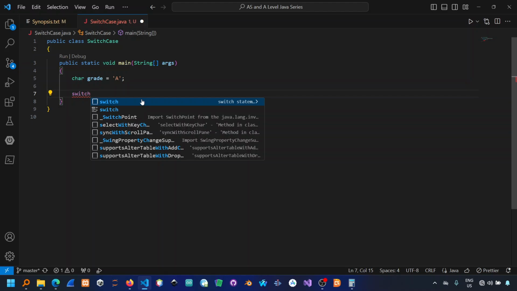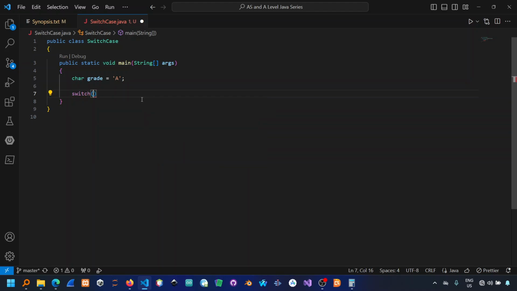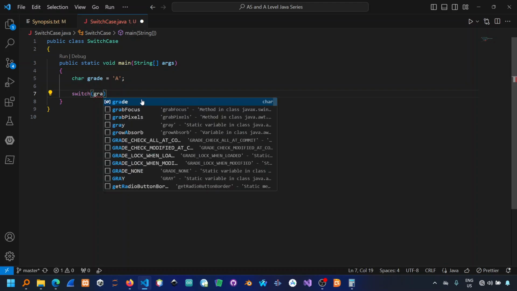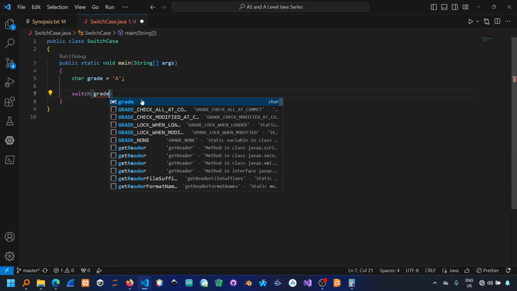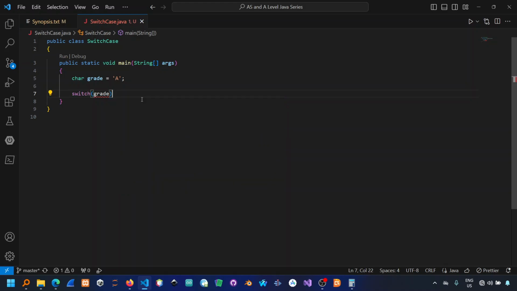So you are going to have a switch, the keyword switch. Then you are going to need to pass in a value. Typically the value that you pass in there is an identifier that you would have declared earlier on. Then after putting up that value, you can begin the body of the switch statement. Right, so in this case the value that we've passed is grade. So you need to check if a particular grade is